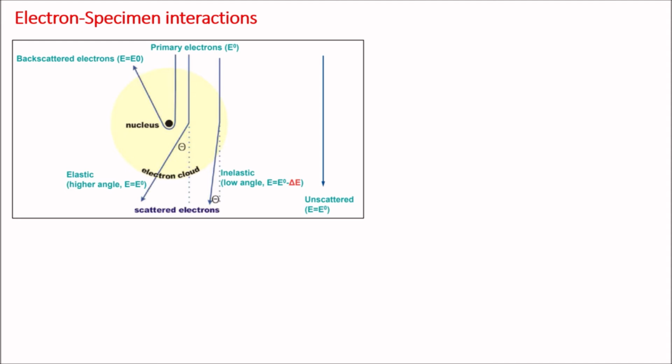Another interaction is that an electron of the primary beam is scattered by the electrostatic interaction with the positively charged nucleus of an atom at an angle of less than 90 degrees, and this yields elastically scattered electrons. And the third possibility is that the electrons can also lose energy when interacting with the electron cloud of the atom. These are called inelastically scattered electrons, and this inelastic scattering interaction can lead to many other processes like